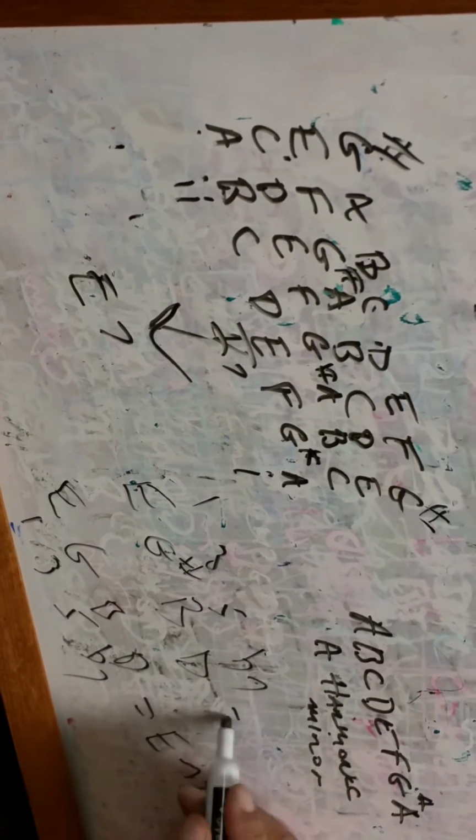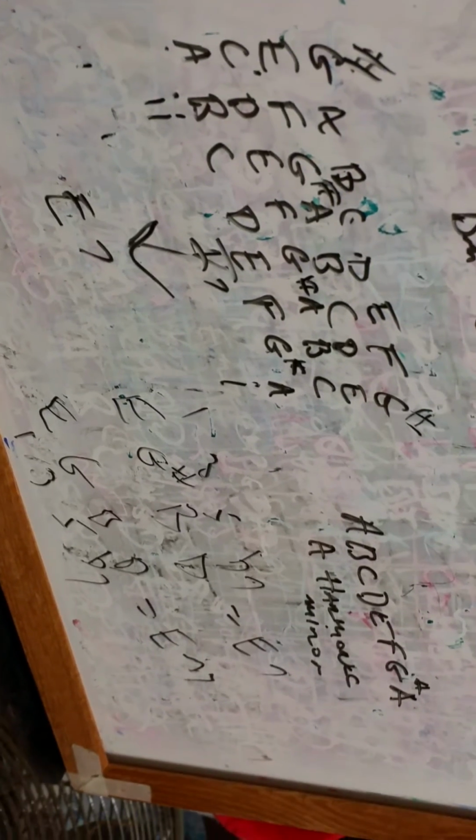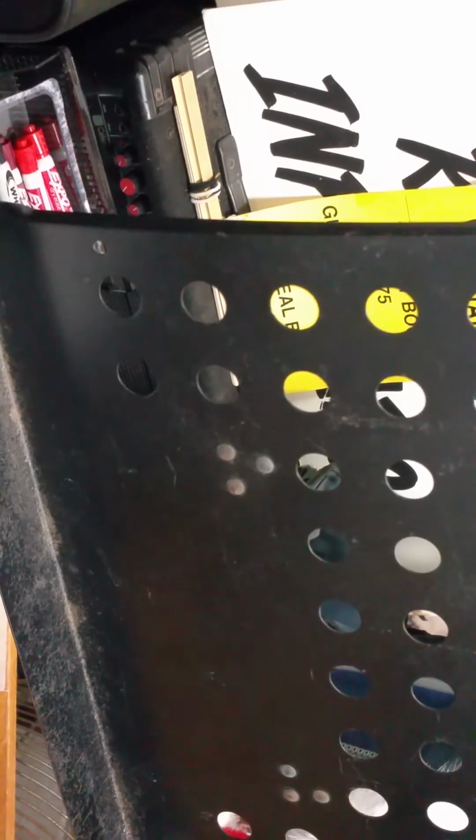In the key of C, there are no sharps or flats. So this one here equates to an E minor 7. This one equates to an E7. So why am I telling you this? Well, let's go here. The reason why I'm telling you this is